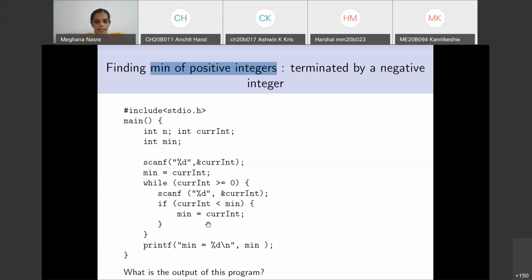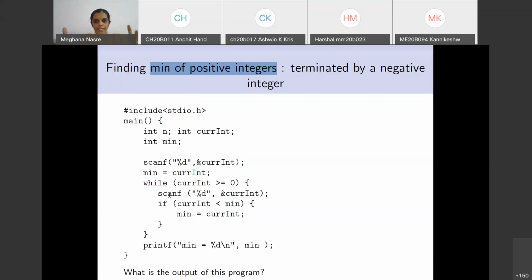The program takes the current integers as desired. However, the last integer, the termination integer, is also taken as a current int, and the program doesn't understand that it should ignore it, because we haven't told it to do so. Let's say you have input like 5, 10, 7, 3 and then -1.